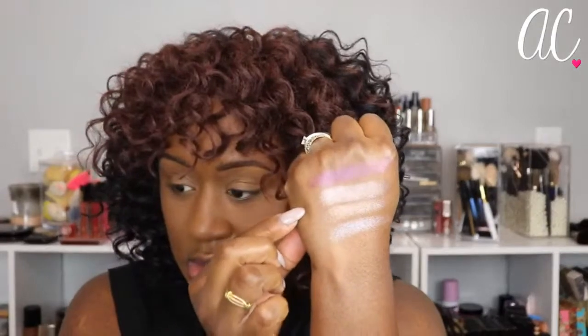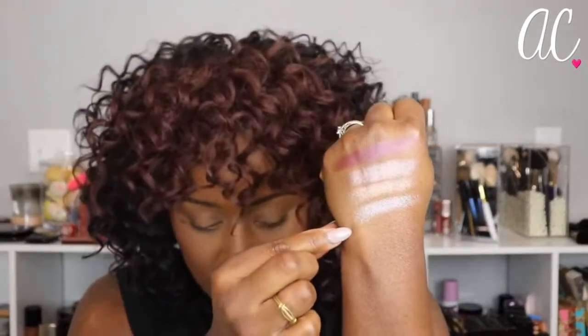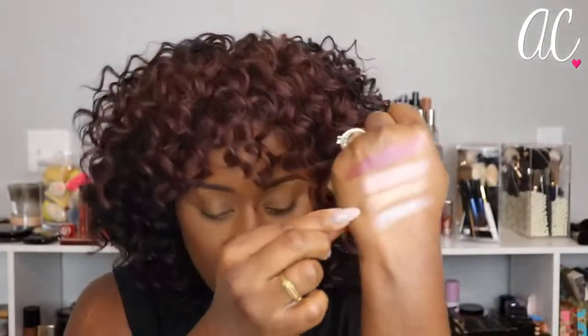Because I get a little turned around swatching on camera, I'm just going to swatch on my hand and then show you guys. So, we have Glitz, which is supposed to be a duochrome. And yeah, Glitz is a duochrome. Then we have, wait, is this Psychedelic? Yeah, Psychedelic next,